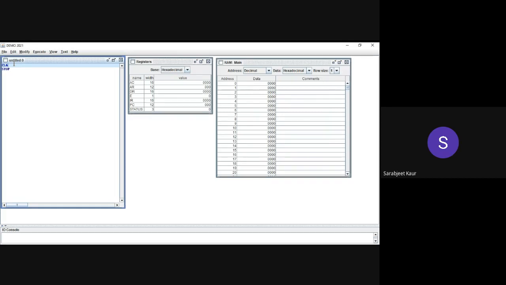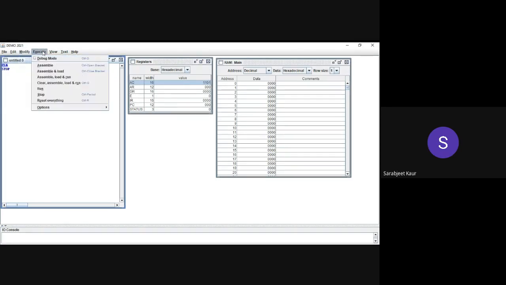Now I want you to focus for a minute. Please see first of all what I'm going to do. I told you we can change the basis from here. I'm going to change the value of AC to, let's say, 1101 before execution of my program, so that I can see whether CLA is actually working. CLA means it should set AC to 0, right? So I have done this, and now